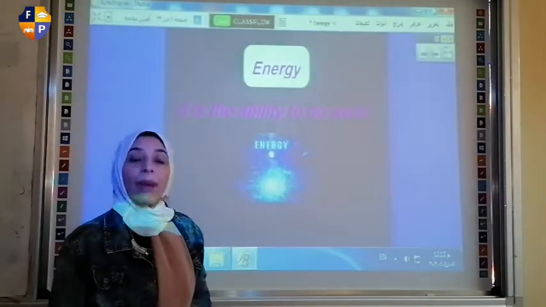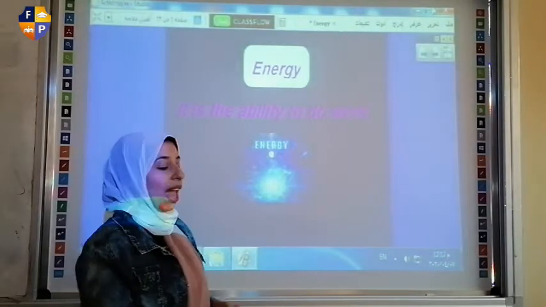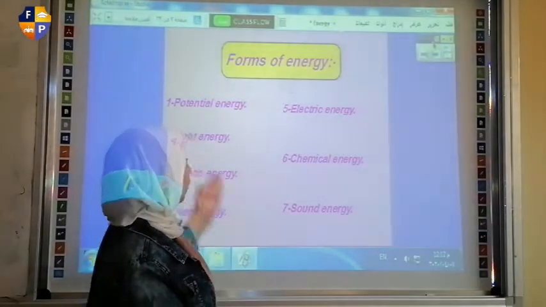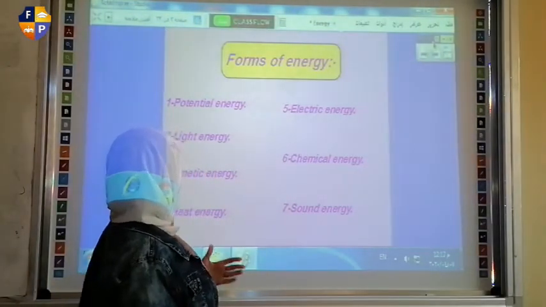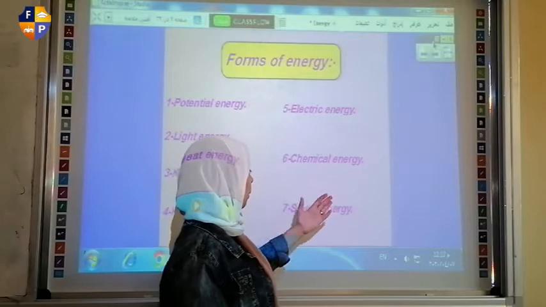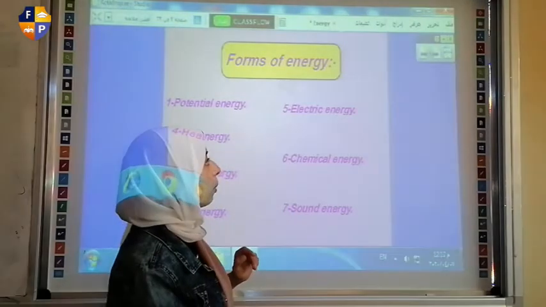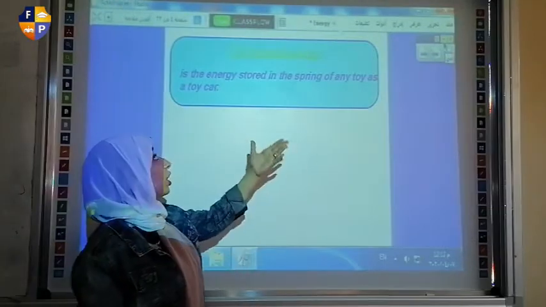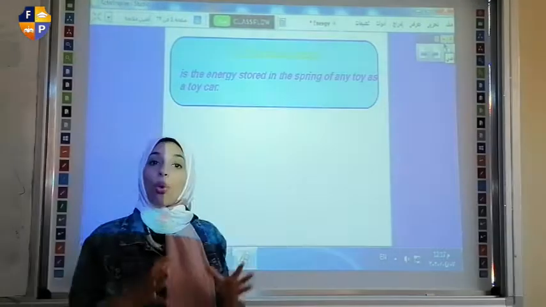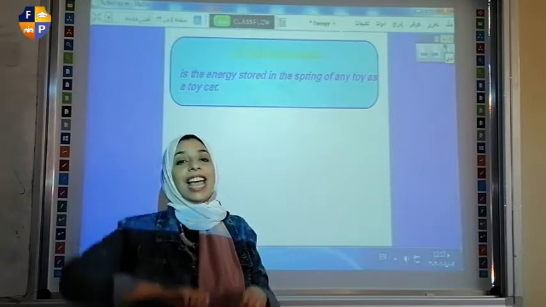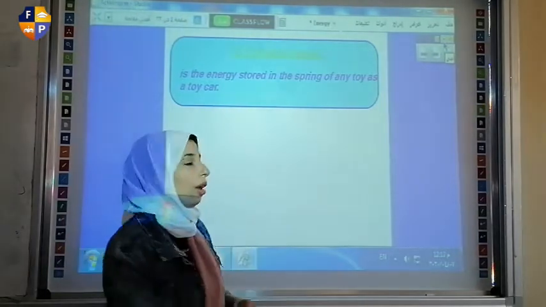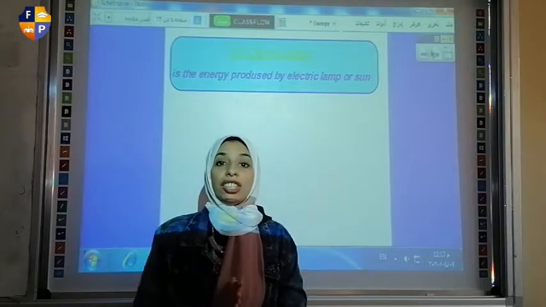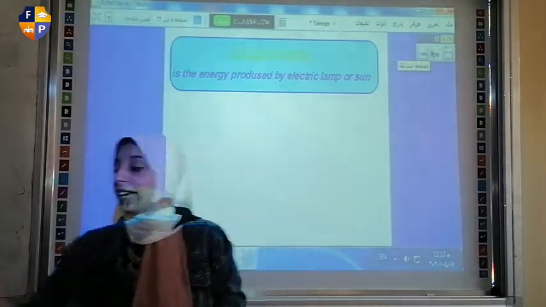It's the ability to do work, and the energy has many types, like potential, light, kinetic, heat, electric, chemical, and sound. Let's remember the definition of every type of energy. Potential energy is the energy stored in the object, like the spring of a toy car. Very good. Okay, the light energy is the energy that is produced from the electric lamp